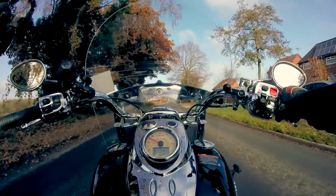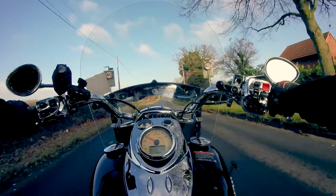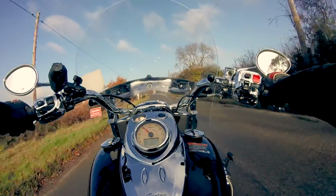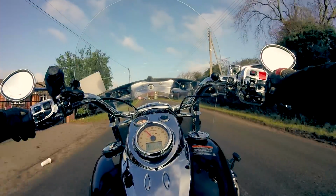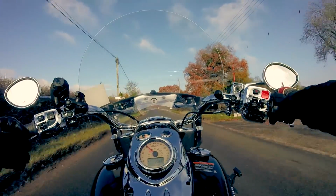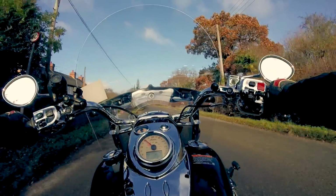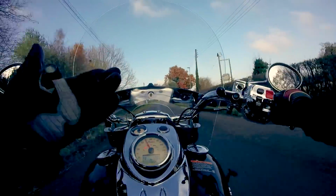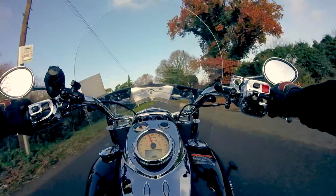Now the reason I've got this screen on is it's the middle of November. It's getting quite cold. At the minute it's about 3 or 4 degrees centigrade, and that equates, when you get wind chill, to being in the minus numbers, especially once you're over 50-60 mile an hour. So I decided to stick it on really just to take a bit of the wind